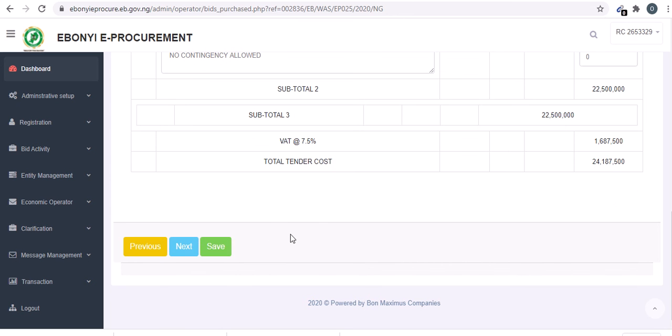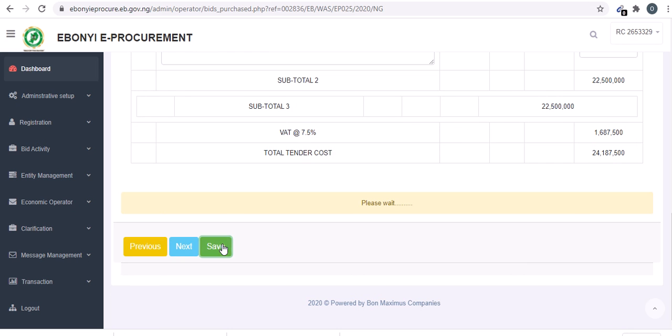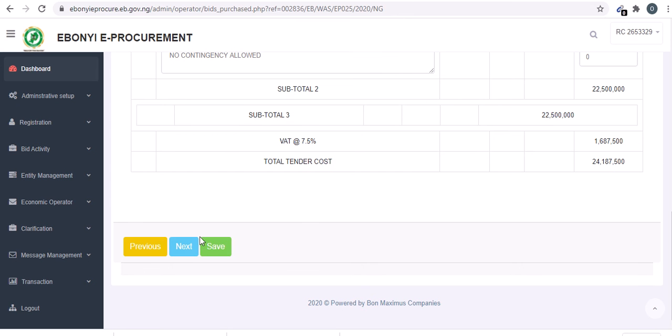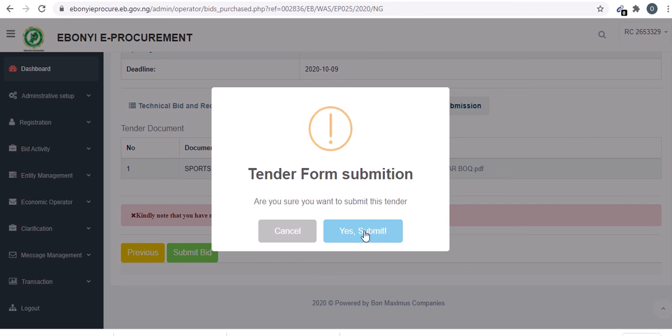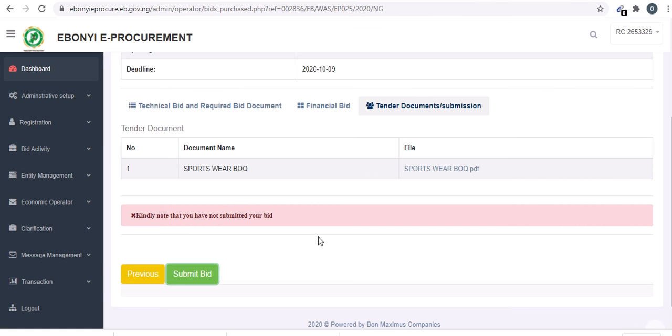So you click next. Okay, we have already saved this before, but when you click next, you can save again. Then you click next. Remember, the reason why I save is because I've already inputted the rate before now. If you have not inputted the rate, if you click save, it will not save. You click next. Then this is the final place. You click submit. You click yes. So after submission, your details will be sent to the procuring entity, and they cannot open your tender until after tender opening